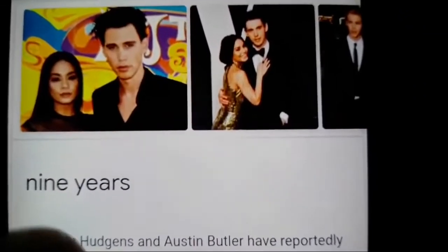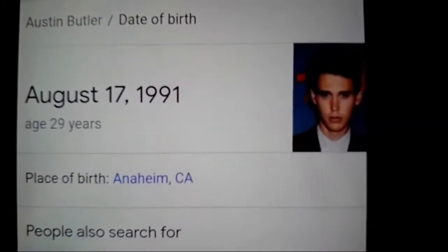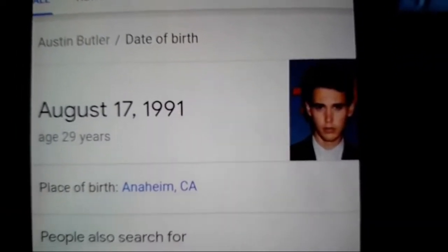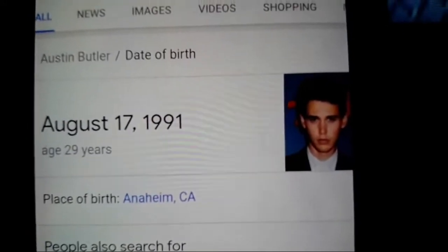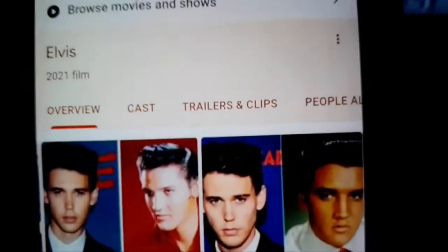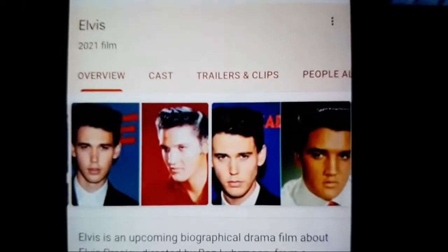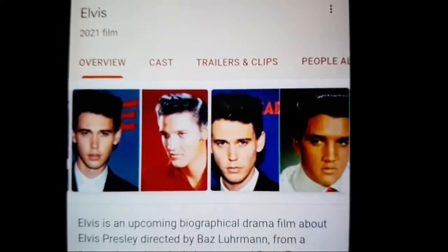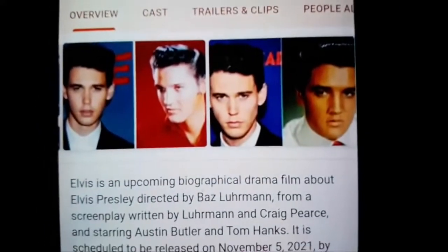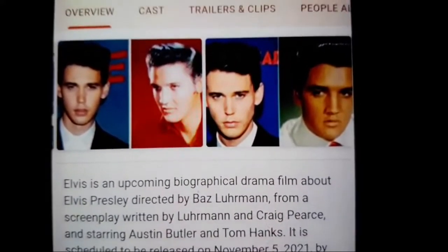And this Austin Butler dude, he was doing an Elvis movie. This dude. Okay, first of all, he's born August 18th, which can be the August 8th. 1 plus 7 is 8. So it can be 8-8. But forget about that. This guy is doing an Elvis movie. That was the one that Tom Hanks stopped doing because he got the virus on 3/11. So Austin Butler is doing an Elvis movie. Do you see what I'm saying?